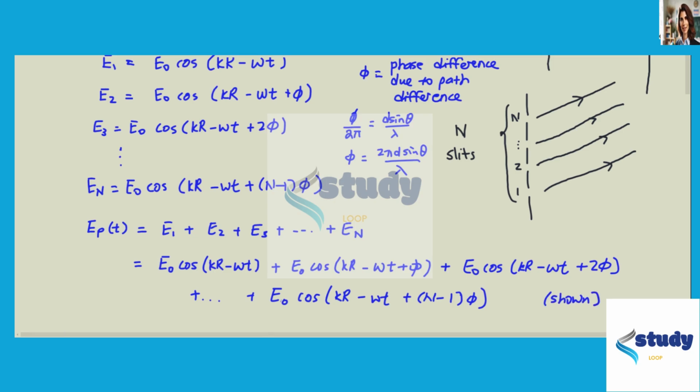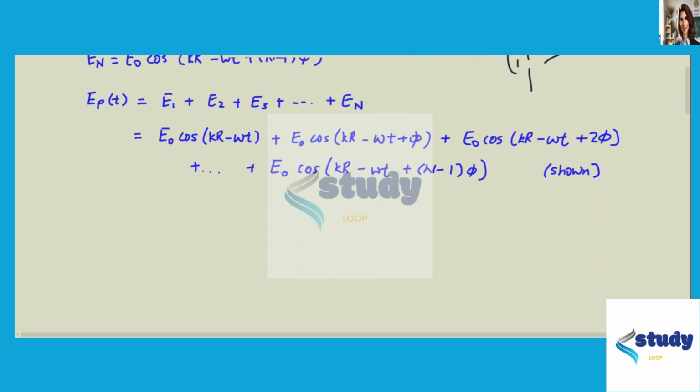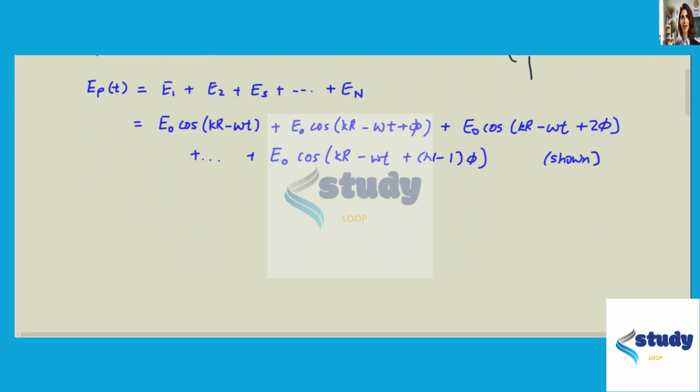So this is how you obtain the electric field at point P, by just summing up E1, E2, E3 until En, the contributions from each slit. Then in part B,